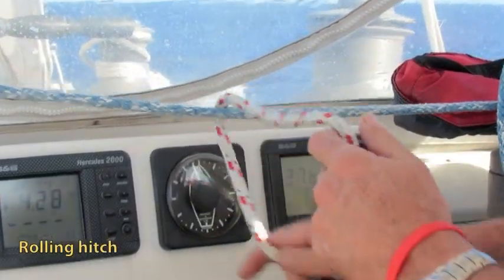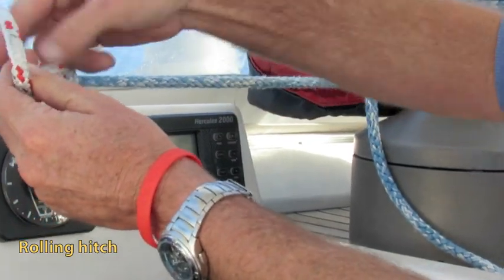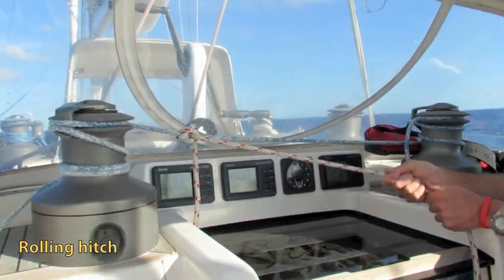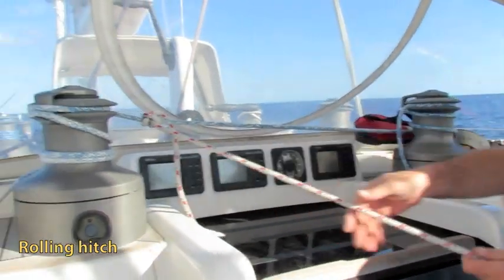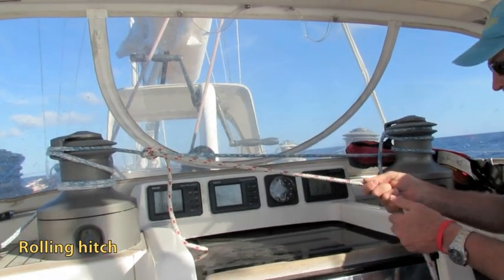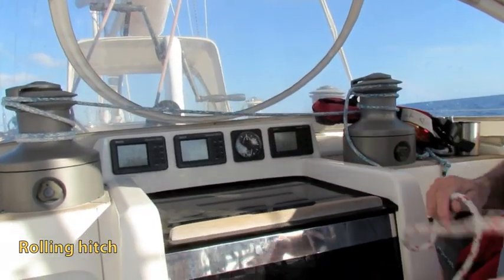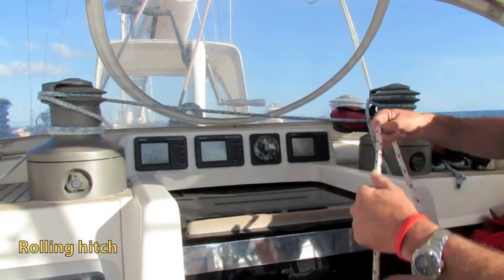If you're gonna tie a rolling hitch, it'll hold. One of the most useful knots. You can slide it. Once you pull, a little hole. Just in this direction. So it's good for taking up the load on a sheet that's got an overwrap. Anything like that. The way you tie that,